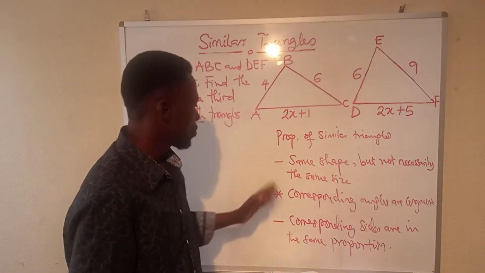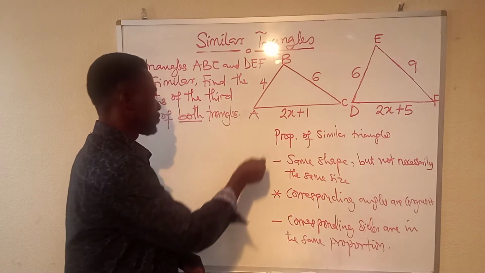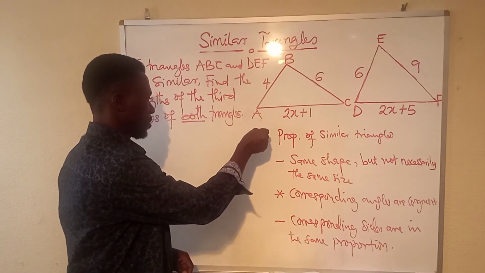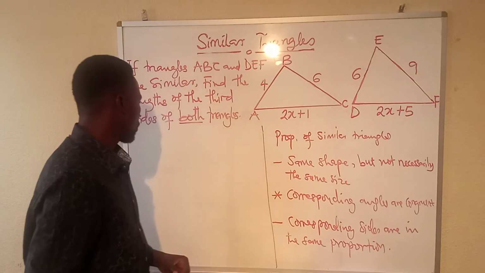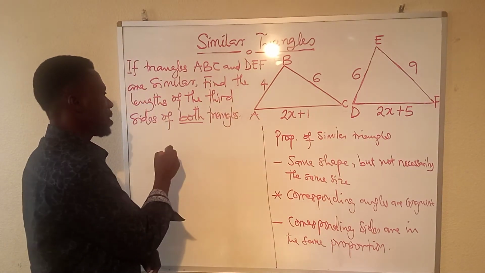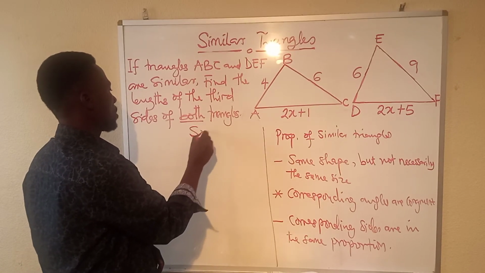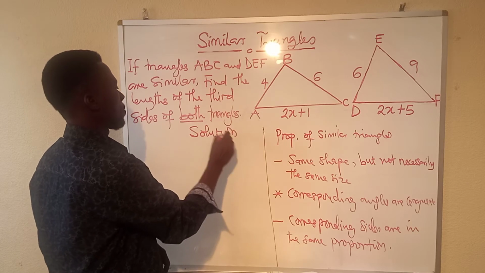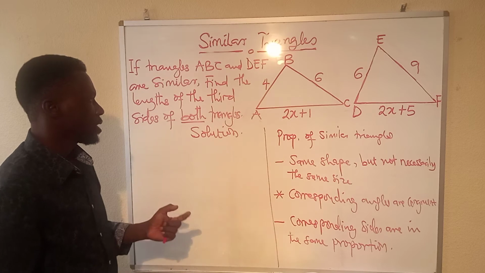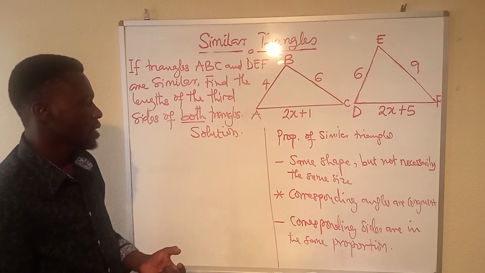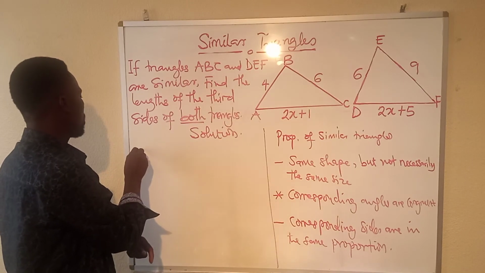All right, so let's come here to look at the solution. So this is also part of the solution. So now in solving, what we're going to do is that we are saying that the corresponding sides are in the same proportion. So the corresponding sides, that is AB,